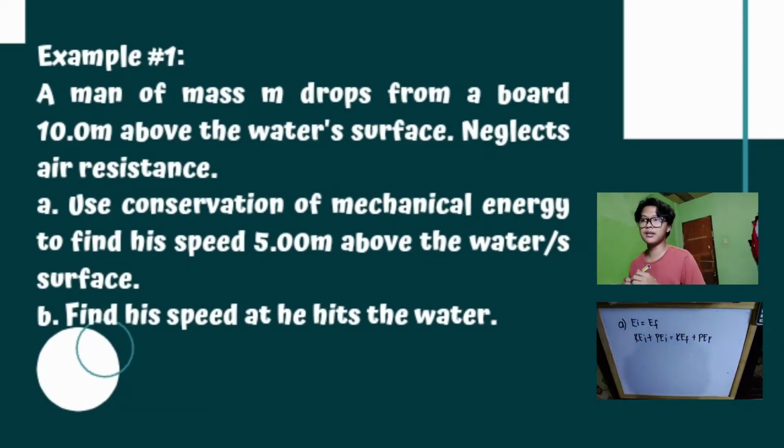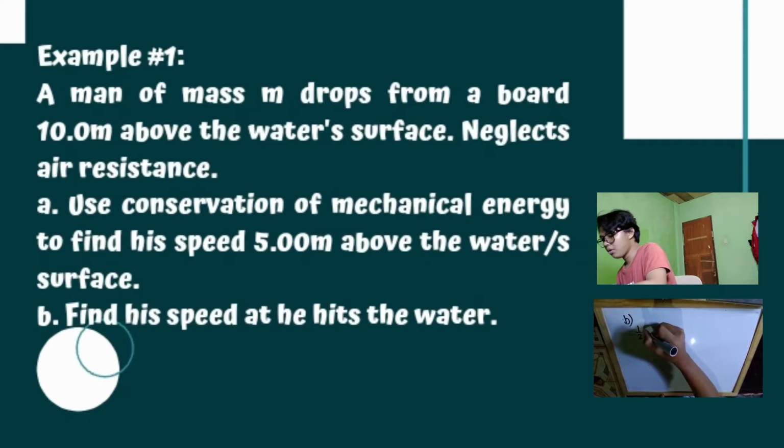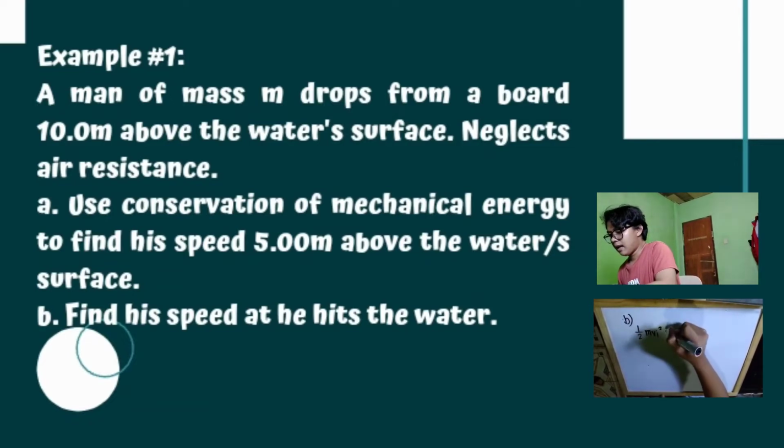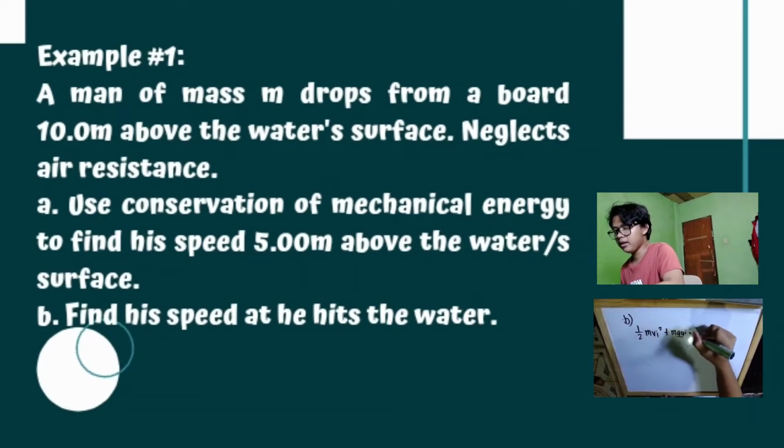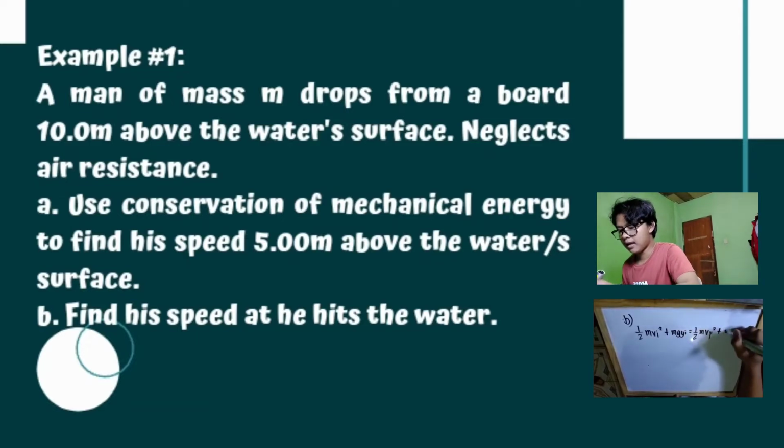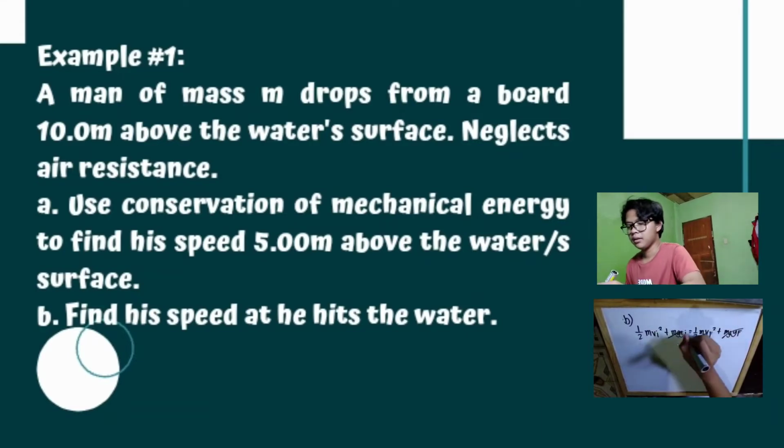By substituting the equations, we have one-half m v initial squared plus m g y initial equals one-half m v final squared plus